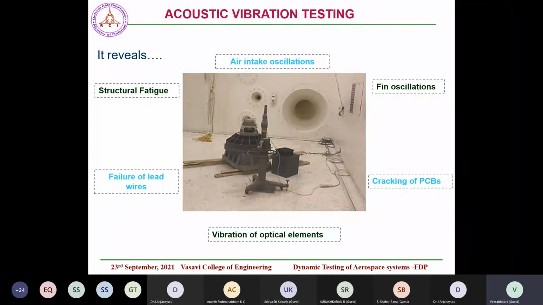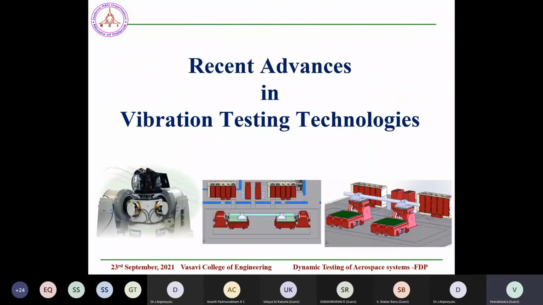Typically the acoustic environment will be given in terms of pressure versus frequency. A typical spectrum is like 150 dB or so for say 10 seconds to 15 seconds. And having seen different environments like vibration, sine, bump, and acceleration, I would like to brief upon recent advances. We are talking about all these electrodynamic shakers, which came after the 1990s, while from 1945 mechanical shakers were used up to 2000. All the electrodynamic shakers are able to do all the things.